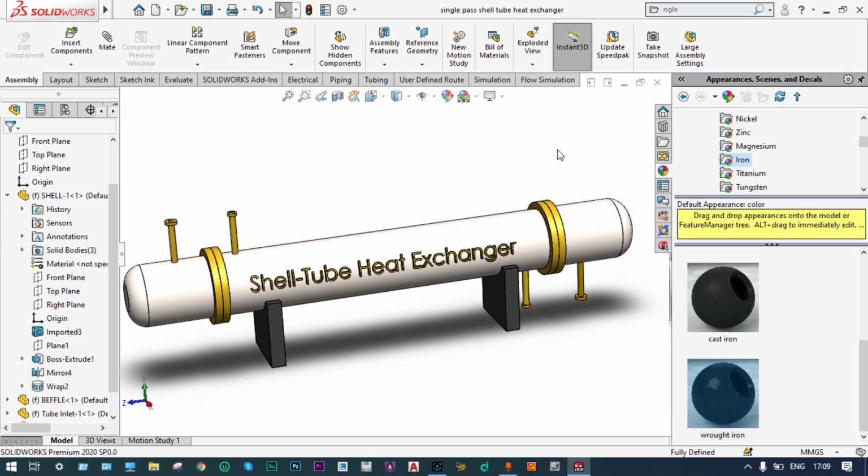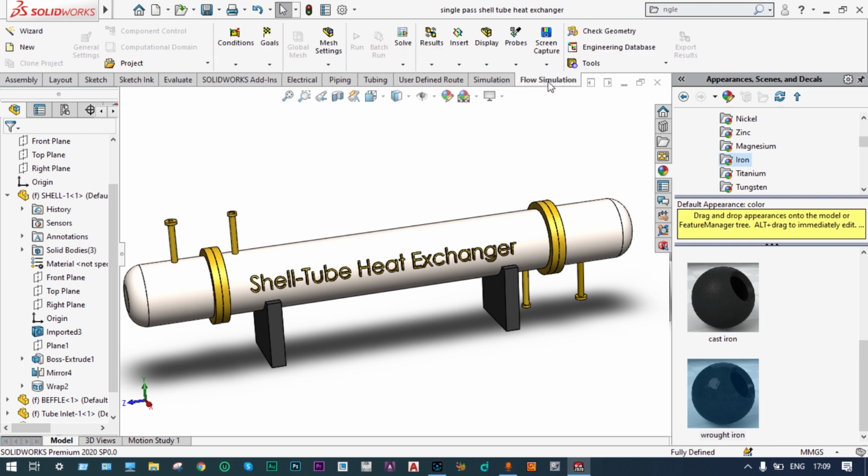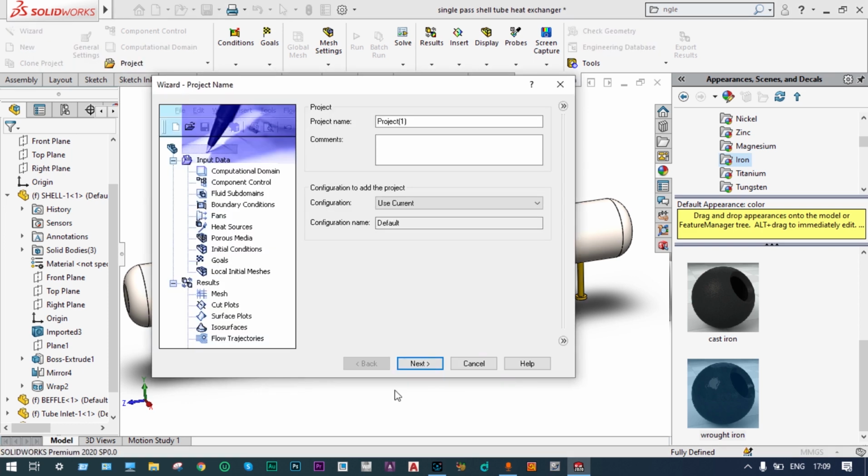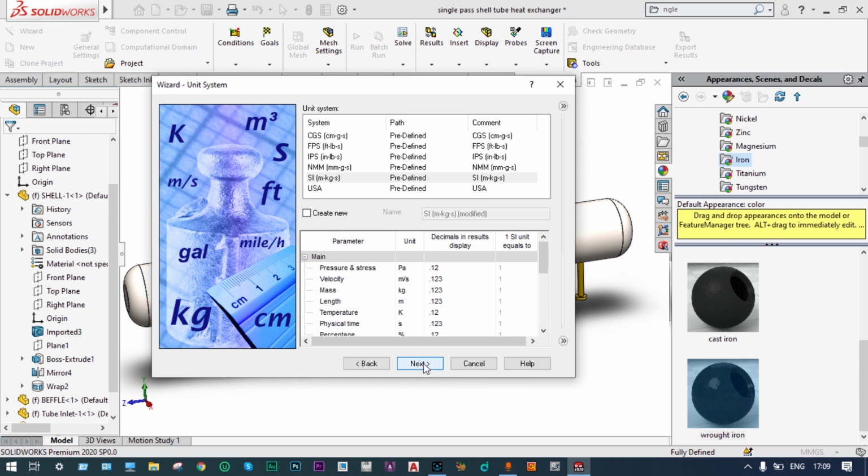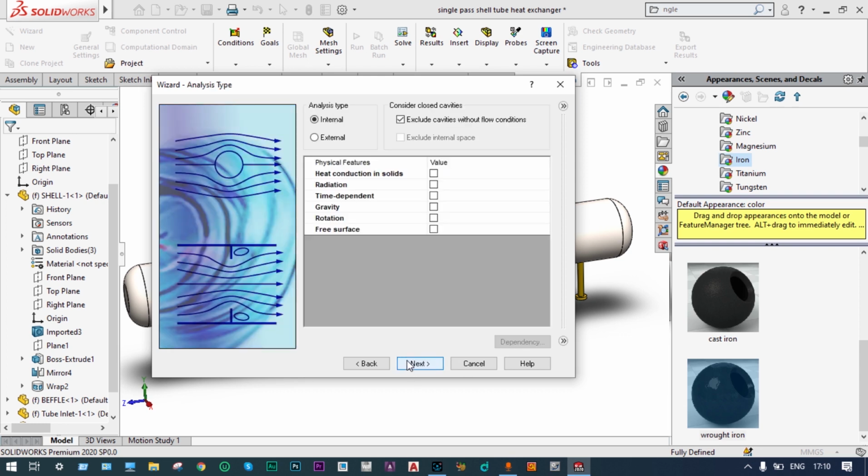For starting the simulation, we have to create the flow simulation environment, and that can be started with the wizard itself. So we're starting from flow simulation, and the environment is being created with the wizard, keeping the name of the project as default project 1, and we're considering the unit as SI system, and pressure will be Pascal, and temperature we'll consider as degrees centigrade as usual. Next, we're considering an internal analysis. It will be heat conduction in solids,